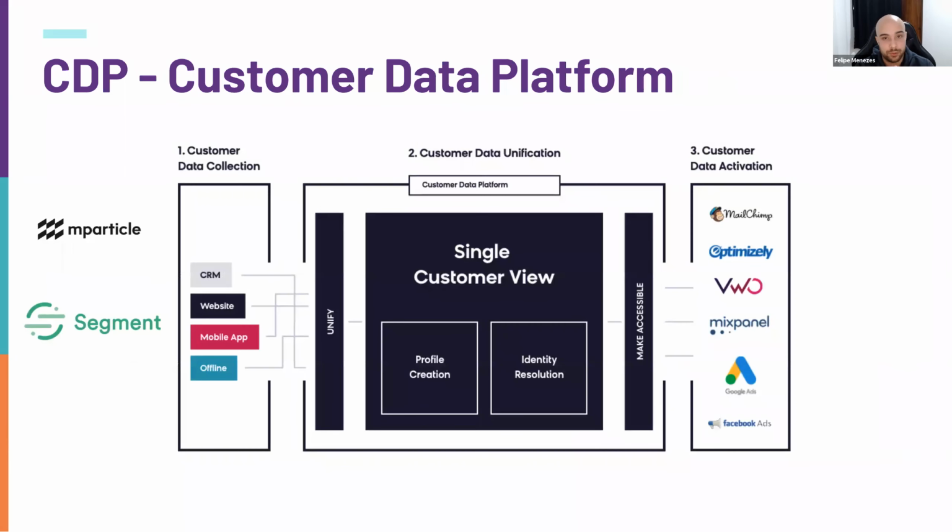We have some examples of customer data platforms that have been getting pretty big in the market. One of them is Particle, another one is Segment. They basically work in similar ways. They work with events and they basically integrate what the user is doing. And let's say, for an example,